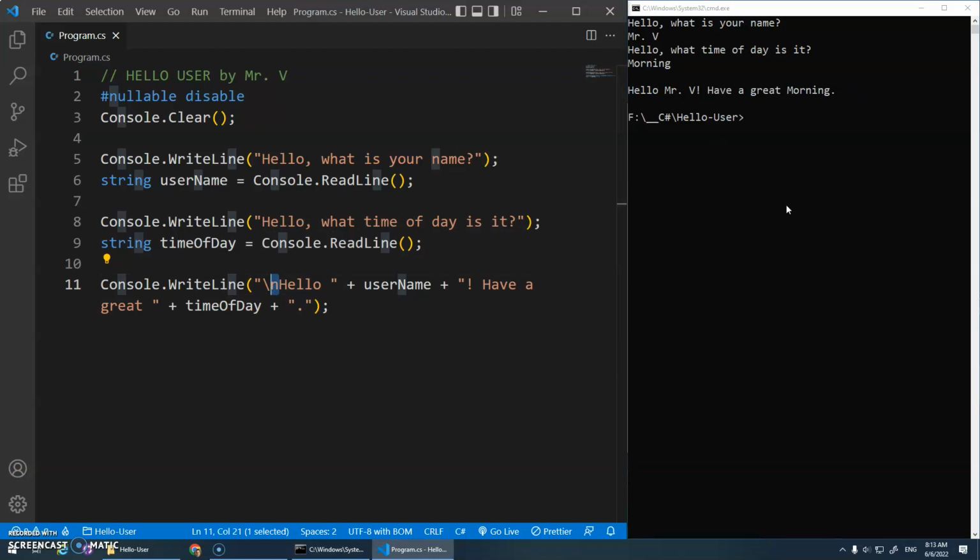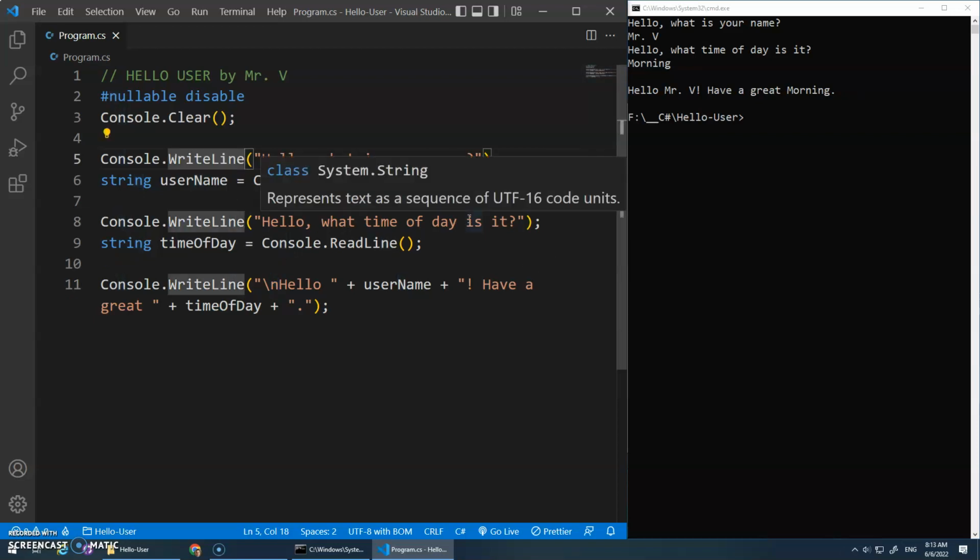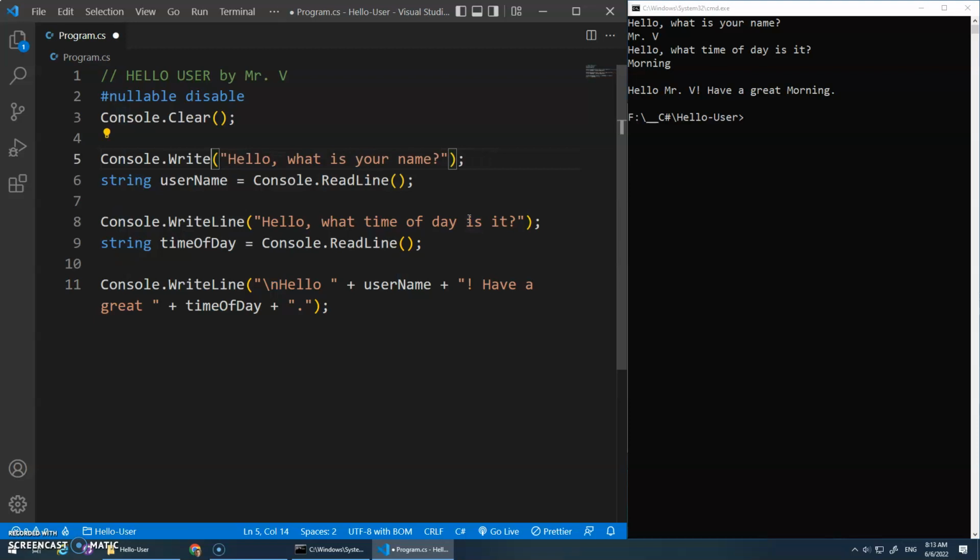There you go. Okay, oh yeah, one other thing I wanted to show is that in addition to the write line, there's also a write function. The write line function writes the line and then moves the cursor to the next line, whereas the write function writes the line but then leaves the cursor there. So normally we want to put a little space here after our questions so that when I run this, you should see